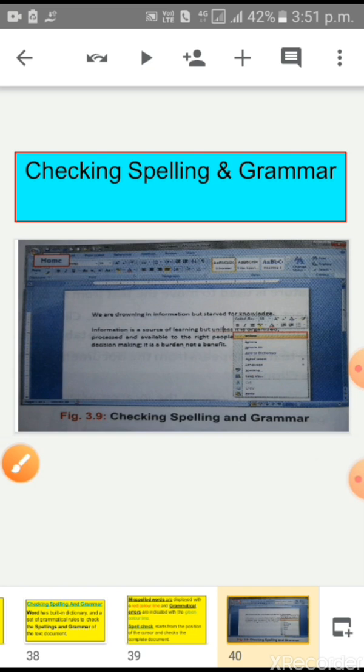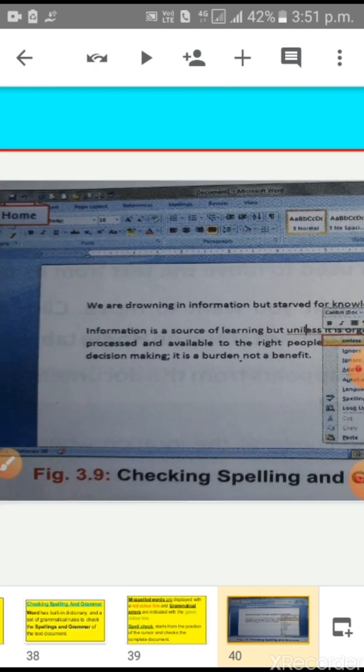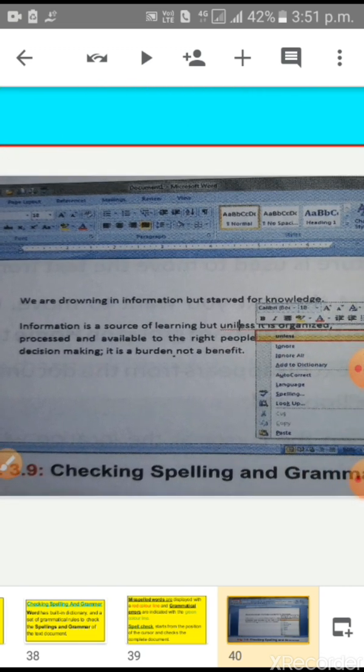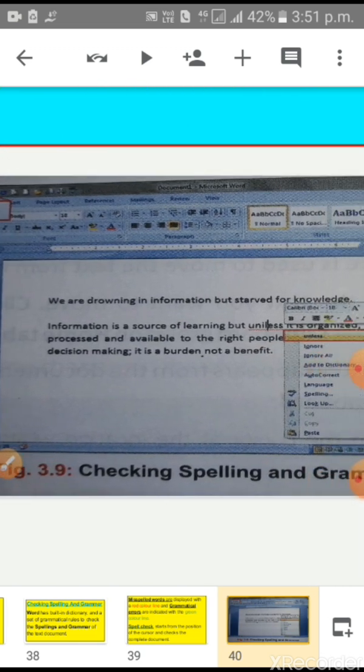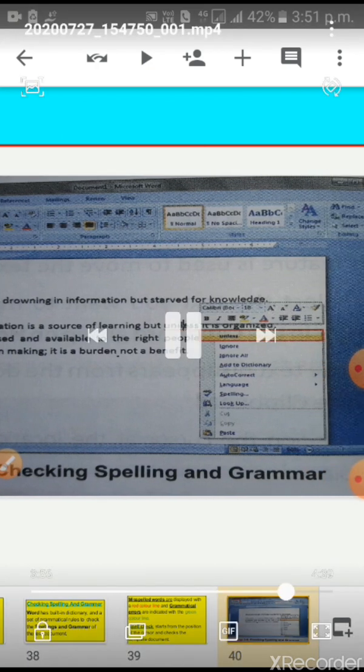Children, you can see the window of MS Word 2007. How to check the spelling and grammar. This is the window of MS Word 2007. Here one paragraph is written. You have to right click on that word.